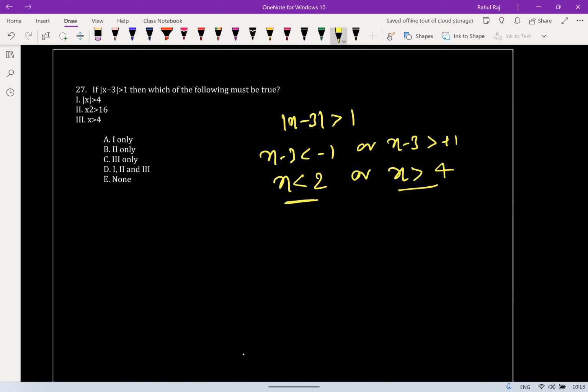Now the question says, which of the following must be true, right? Everything is known to you and despite that you'll mark a wrong answer. Which of the following must be true? Option number 1 says x is either less than negative 4 or